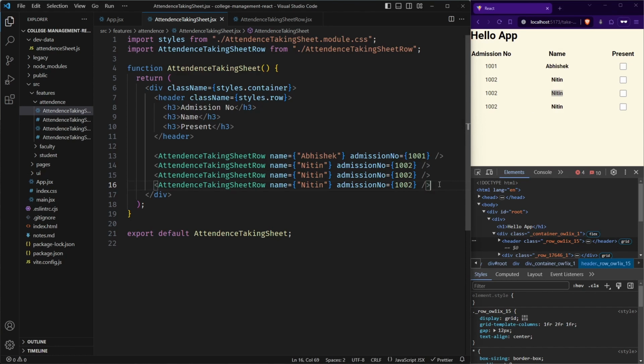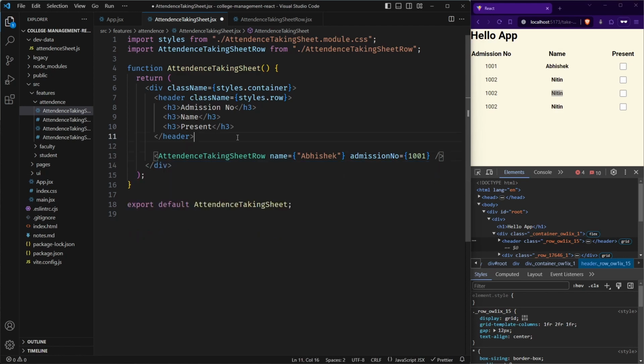So basically we can render this very easily with the help of a loop. Okay, so this is the magical thing that I was talking about, and you may find it a little difficult in the beginning, but it will become more comfortable with time. So let me just delete this one and keep this as a reference.